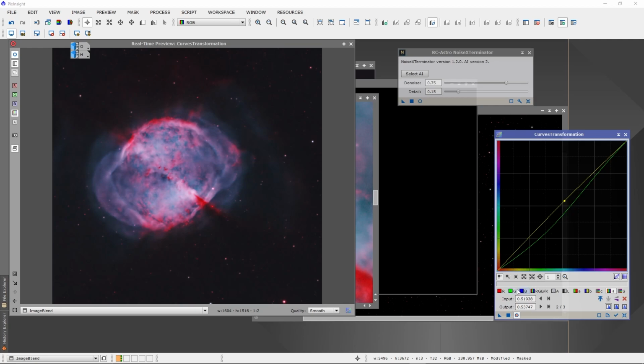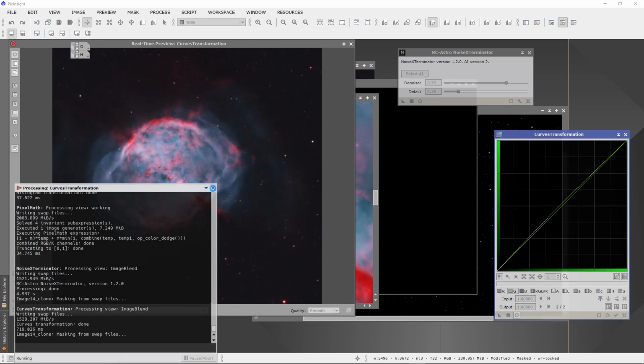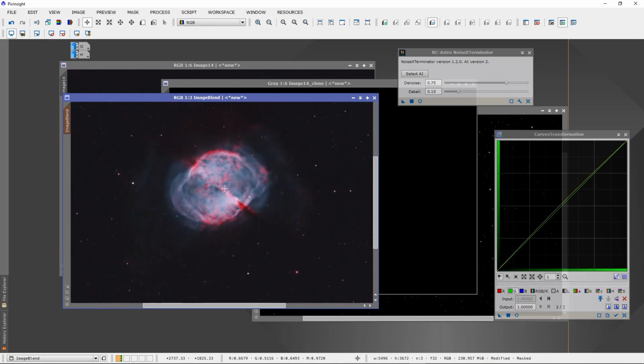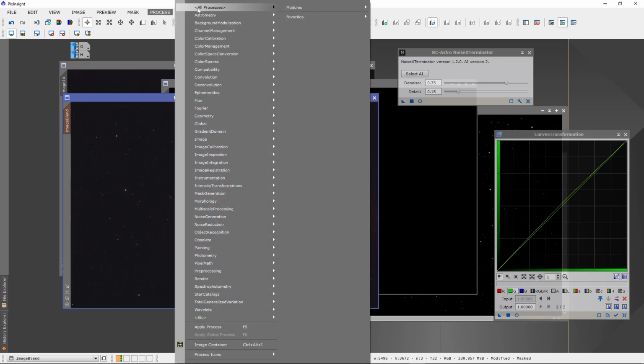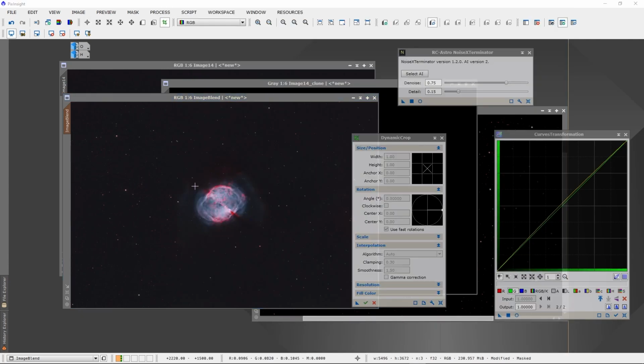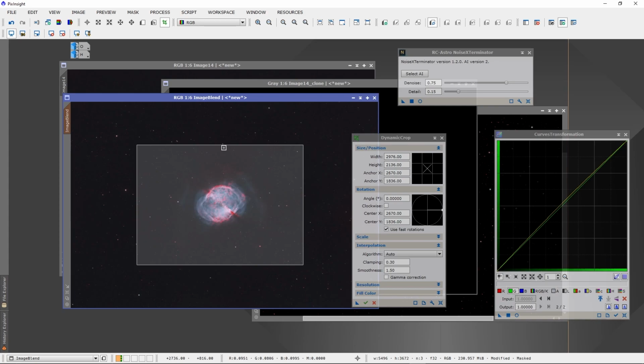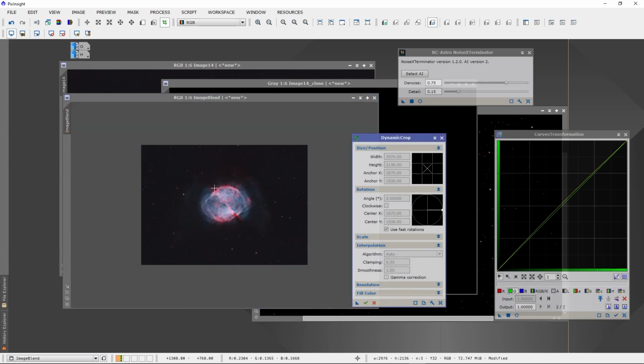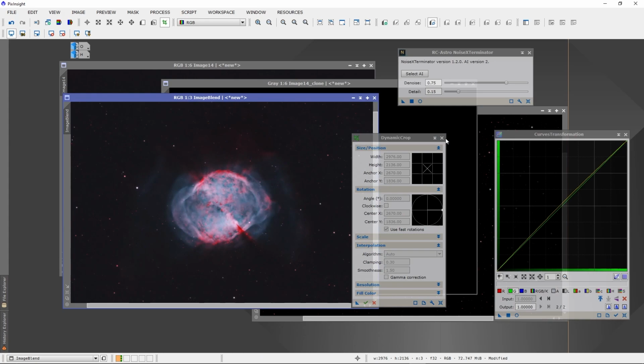There we go. I think that looks a little better. Okay, so now we can dynamically crop. Yes. Okay, there you go. There's our final